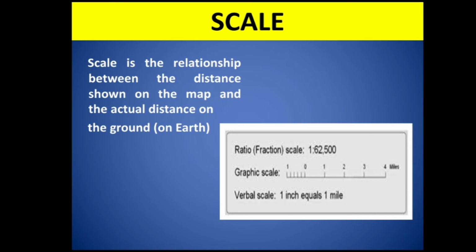Then next is scale. Scale is also very important, and it is used to show the distance between two places. Generally, we use a scale like 1 inch is equal to 100 kilometers, or 1 centimeter is equal to 100 miles. Like this we can use. And why are we using this small scale, a smaller unit on the map? Because the distance between two places on the ground is very high, and it is not possible to show that on a map. So that is why we need to represent this distance by a smaller unit.